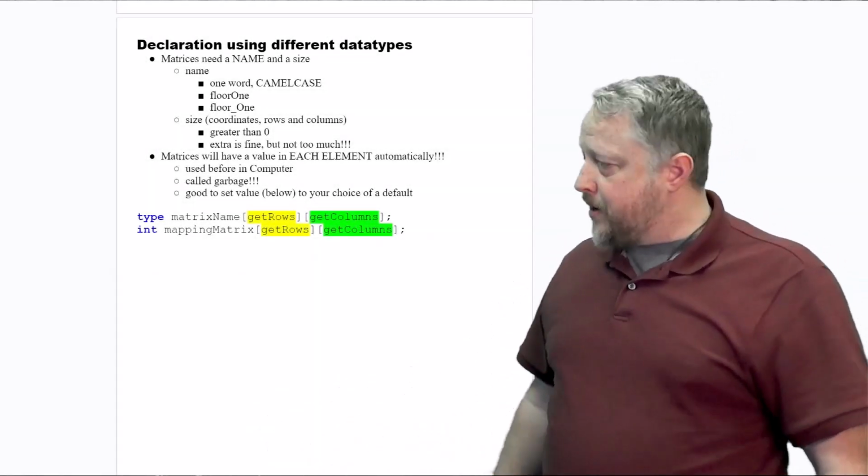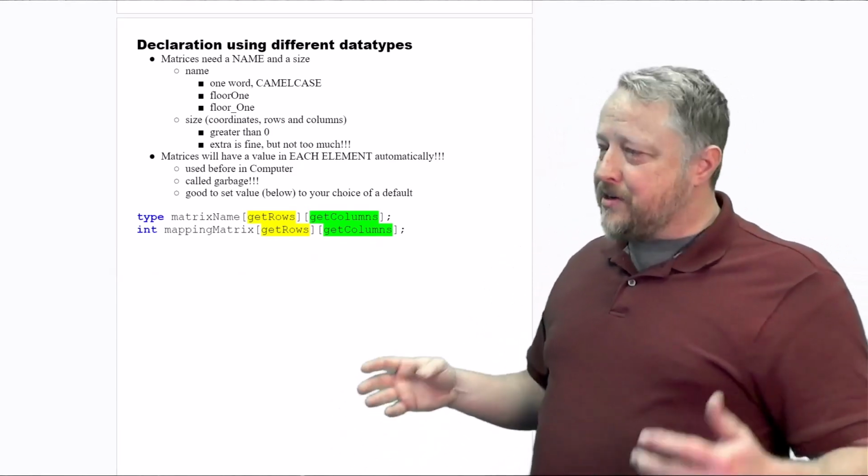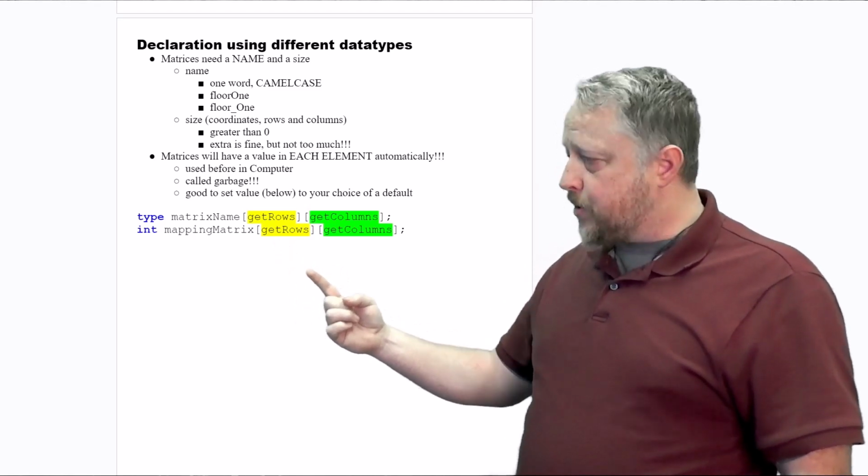So this is an easy one. Declaring matrices is very similar to what you had in declaring arrays. The only thing, again, is you're worried about the number of rows that you're going to have first and then